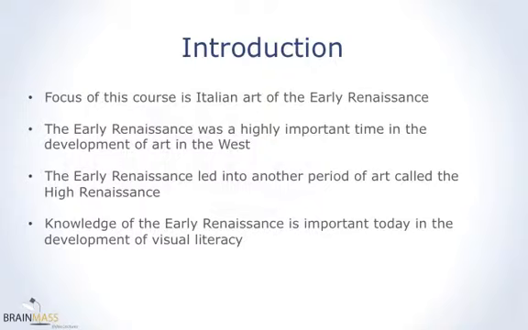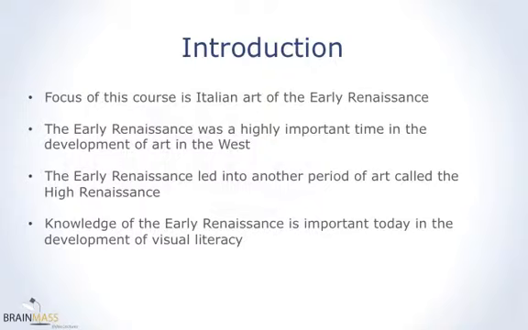We will cover some of the most important artistic works during this period and discuss why they were important in the history of art. The early Renaissance was a very remarkable period of time in which the arts, especially in the areas of painting and sculpture, flourished to a very high degree. In this lecture, I will talk about some of the changes and advancements that were made which had a very strong impact on the world of art. Some of the best-known works of art from the history of art were created during this time.